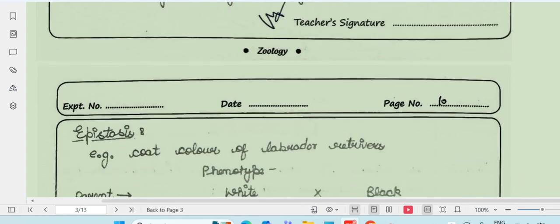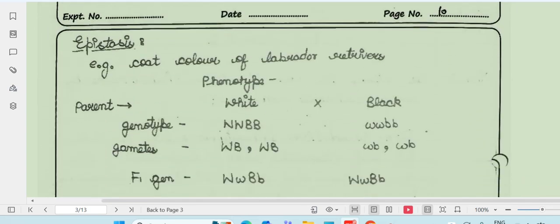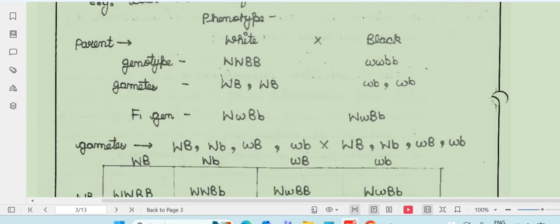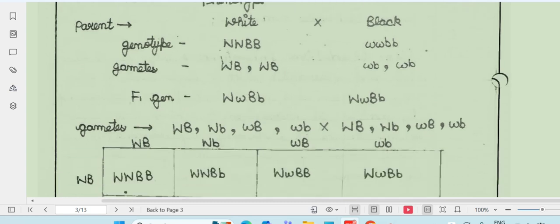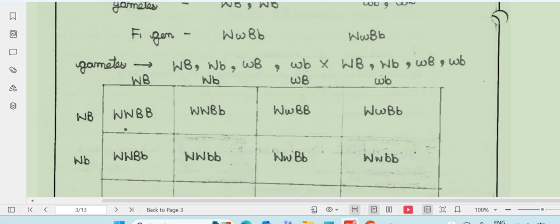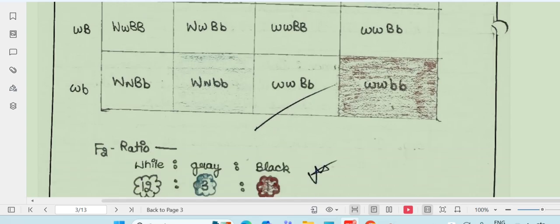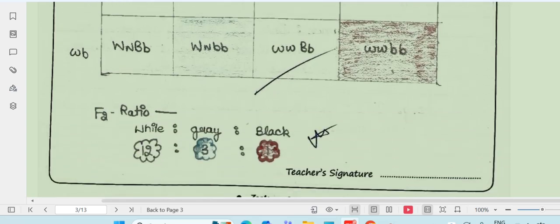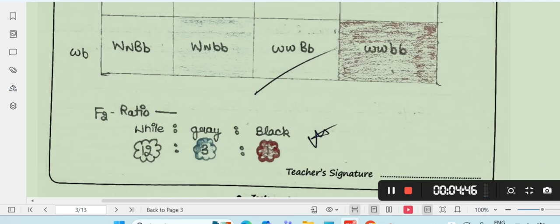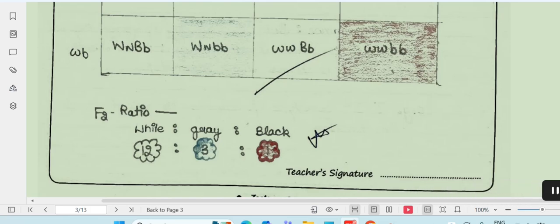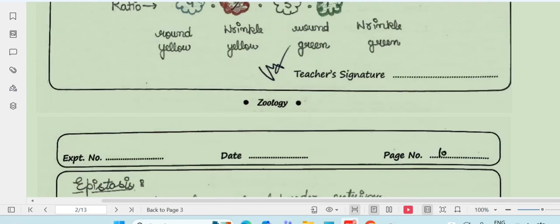Likewise you can explain epistasis, when one gene hides the effect of another at another locus. You have to give examples here and show the Punnett square, and after you get the result, white 12, gray 3 and black 1, so 12:3:1. In this way you get the results in epistasis. The results change from the Mendelian ratio, so this is the non-Mendelian ratio. These are the three experiments: monohybrid cross, dihybrid cross, and about